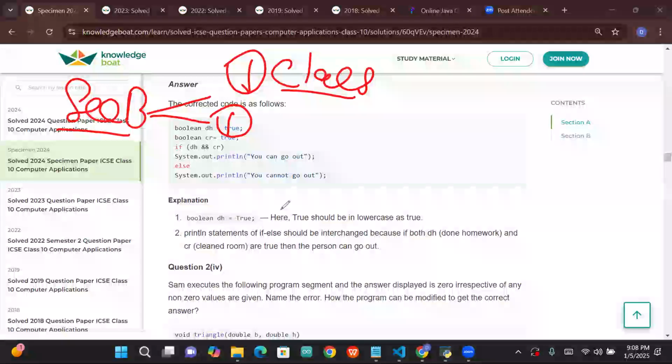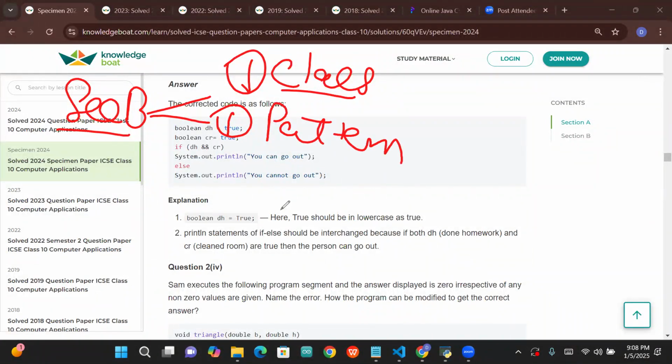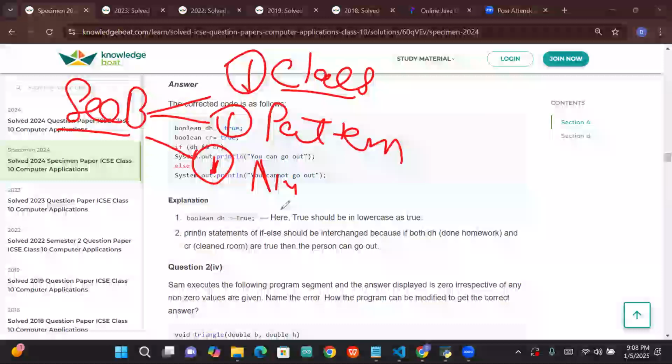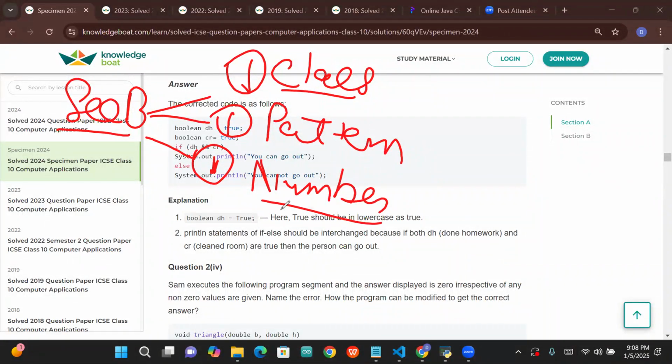Then one question they will ask you is the pattern based question. Okay, again very easy. पैटर्न, आपको कुछ पैटर्न बनाने को बोलेगा। एक क्वेश्चन आएगा आपको जनरली बेस्ड ऑन नंबर, ओके, नंबर से कुछ करने को बोलेंगे, and that question is the easiest question. जितने भी सारे क्वेश्चन हैं उसमें से सबसे easiest जो क्वेश्चन रहता है वो नंबर बेस्ड क्वेश्चन रहता है, ठीक है, वो आप कर सकते हो।